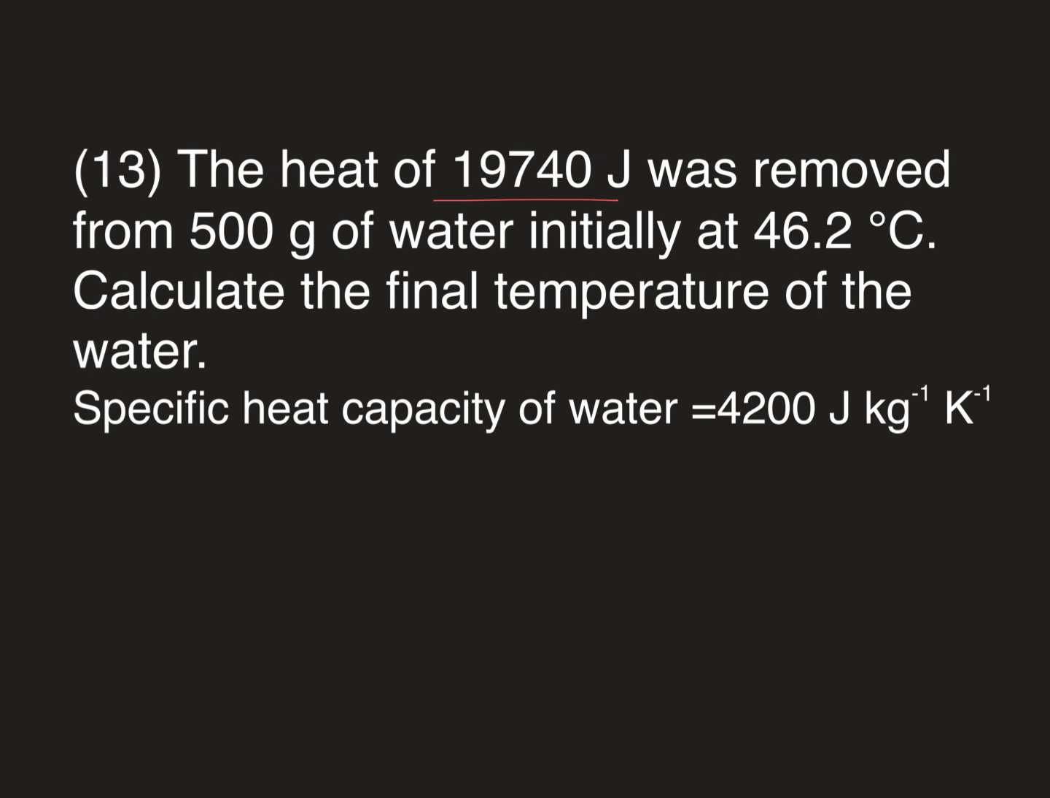The heat of 19,740 joules was removed from 500 grams of water initially at 46.2 degrees Celsius. Calculate the final temperature of the water. Specific heat capacity of water is 4,200 joules per kilogram per Kelvin. Solution: